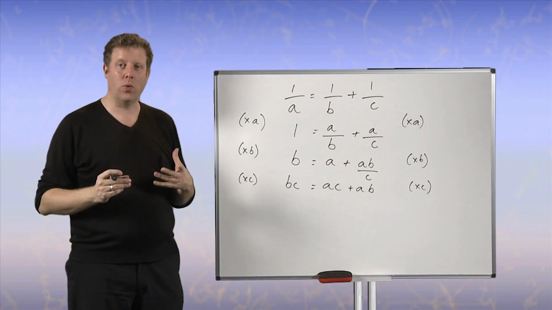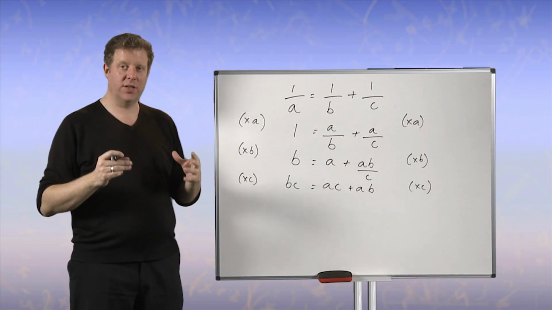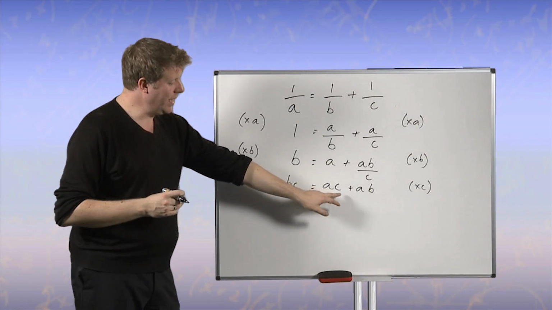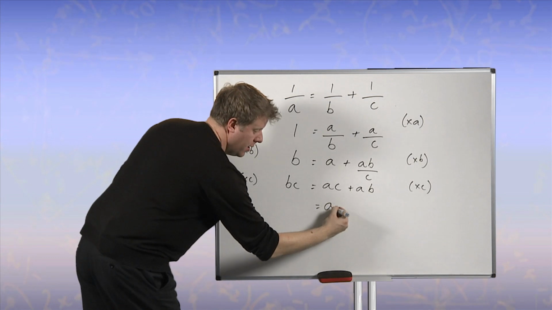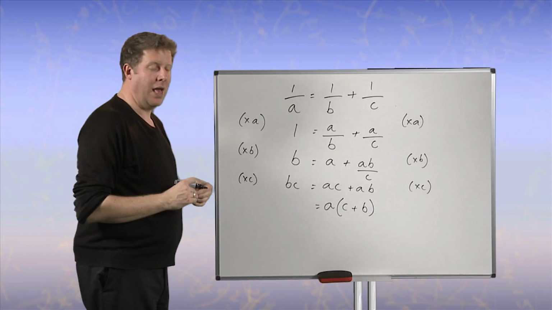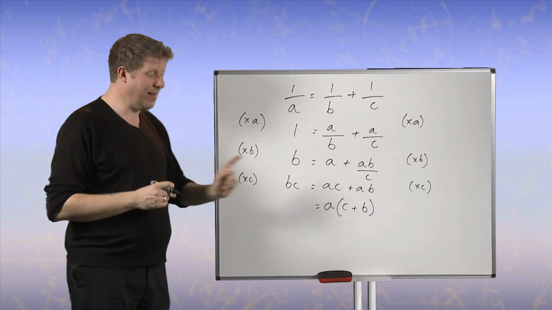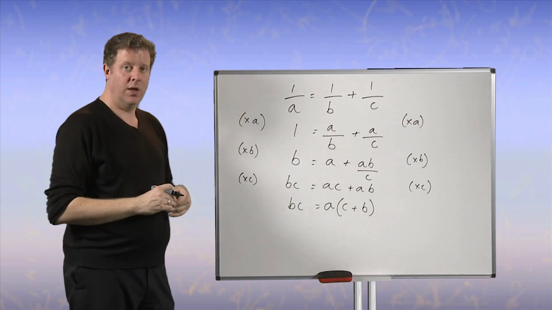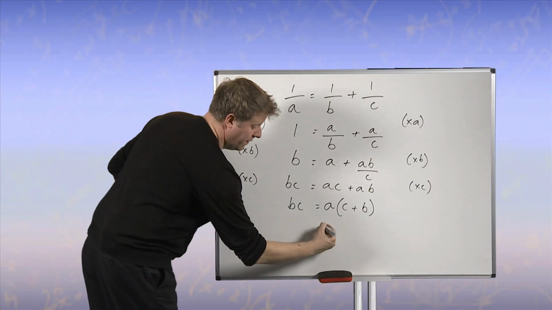But there's a very quick way of making those 2 letters just 1, and that is by factorising the terms that contain the letter you want. So if we look back here, my 2 terms are AC and AB, but I can factorise that to give me A lots of C plus B. And you can now see that instead of having 2 terms with an A in them, I've now just got A there on its own outside the bracket. This side hasn't changed, it's still BC, but it's now much easier for me to make A the subject because all I need to do is to divide